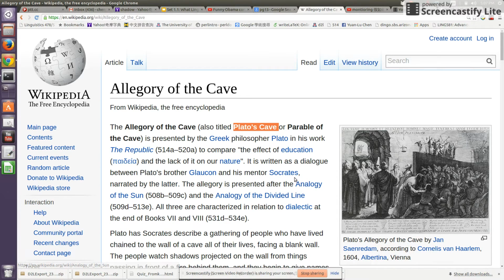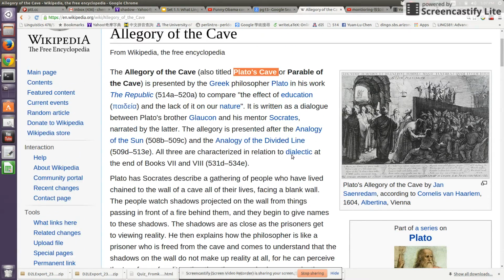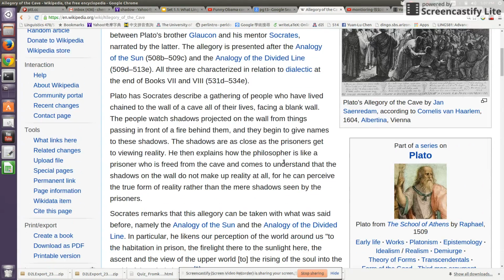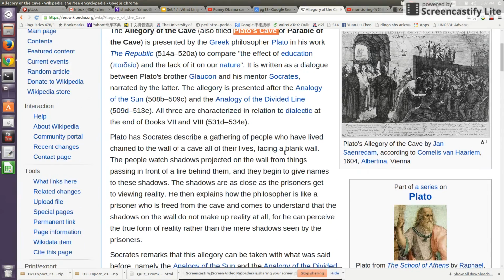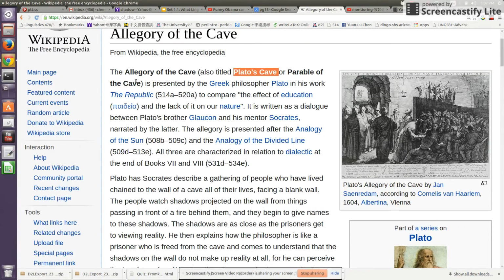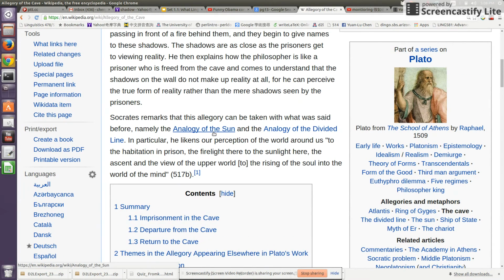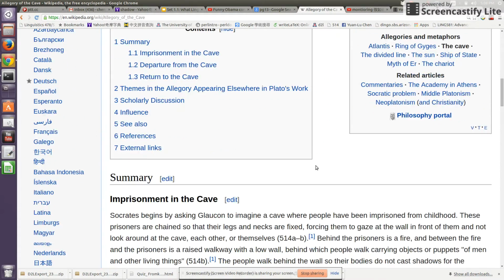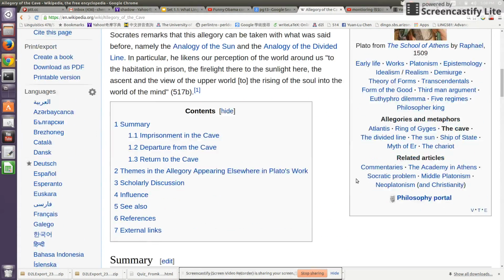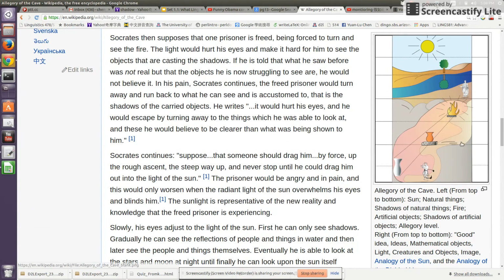I'm going to talk a little bit about Wikipedia later. Okay, so the content of this is an allegory. It means that we cannot directly see the truth. Here is the allegory. We can see this picture.